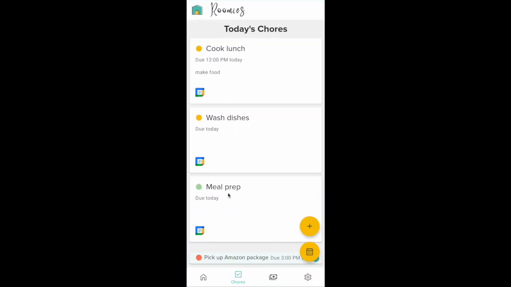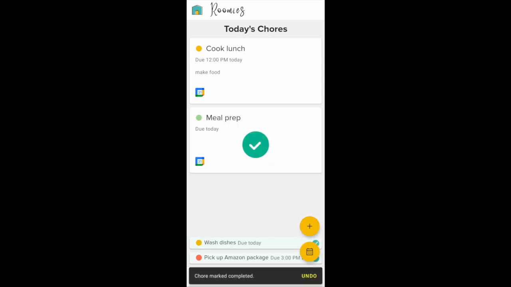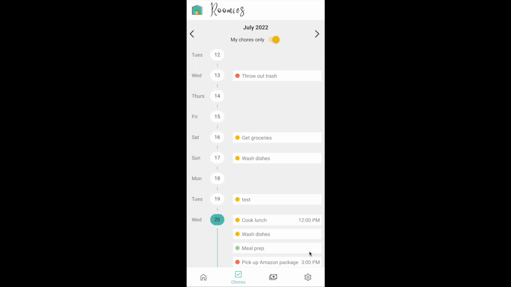We're also able to mark chores complete on this page, and you can do that with a gesture of swiping left, and you also see the animation pop up, and there's also an undo button in case you marked something complete accidentally. And next we're going to go to the calendar page where you can see the chores on a